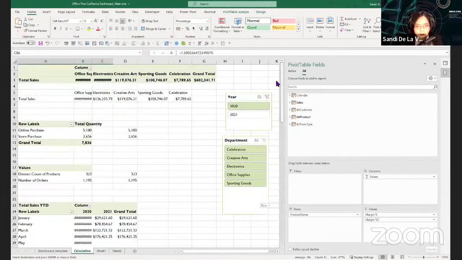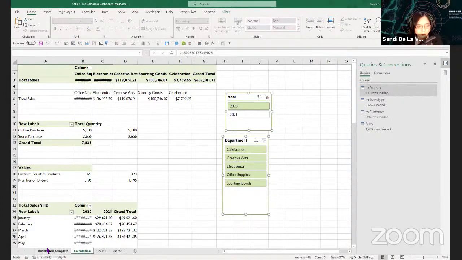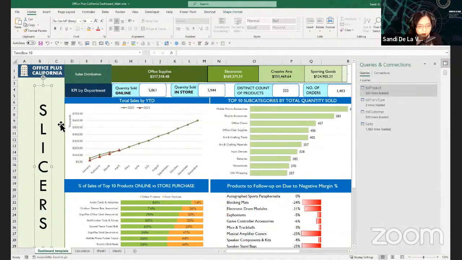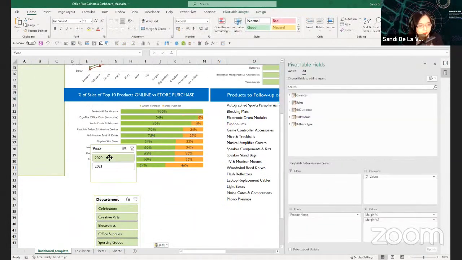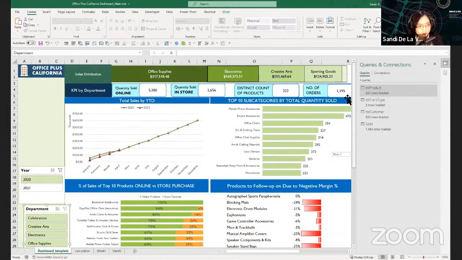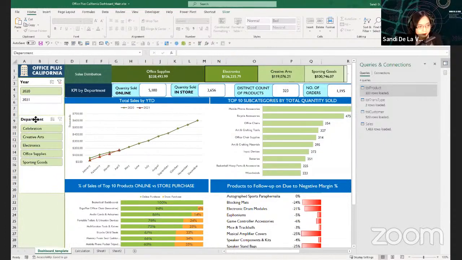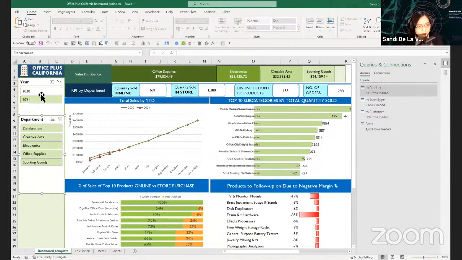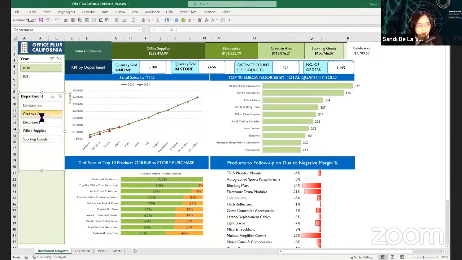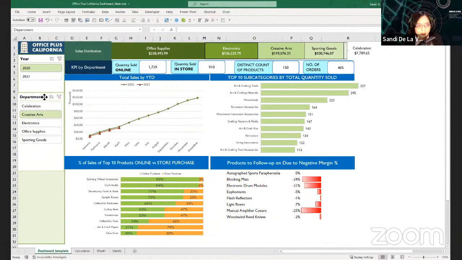Copy our slicers, then place it here, remove this one, paste our slicers, and then just place it correctly in our dashboard. Save. So now we can see our whole dashboard that changes based on our slicers, and that is dynamic.